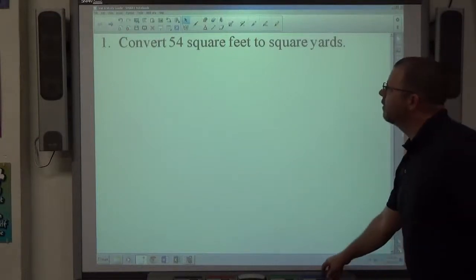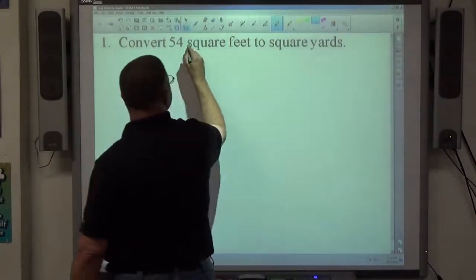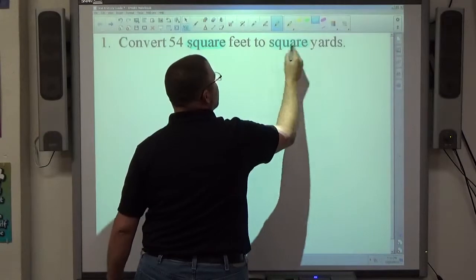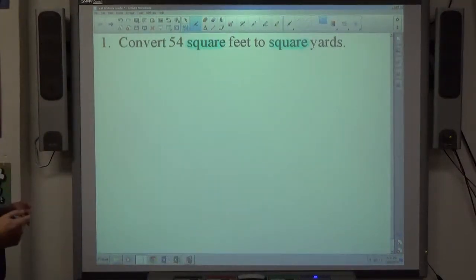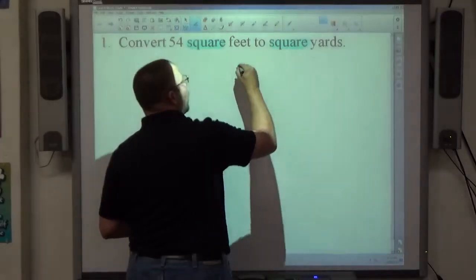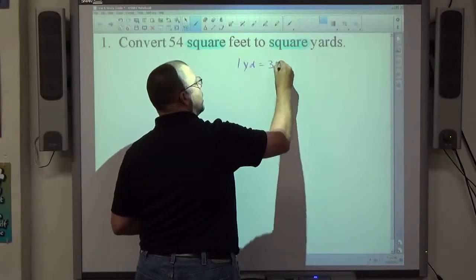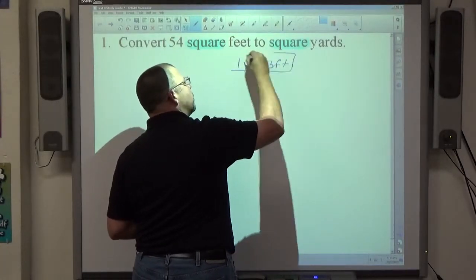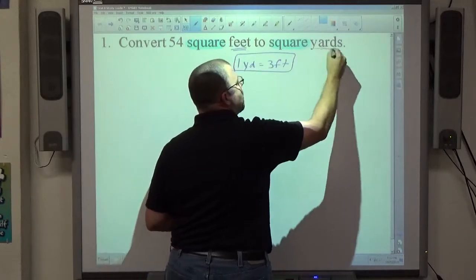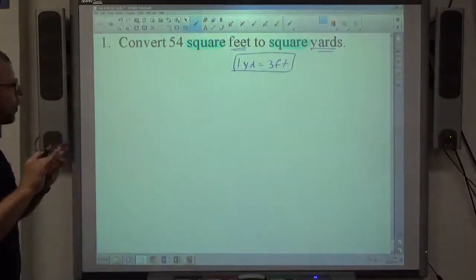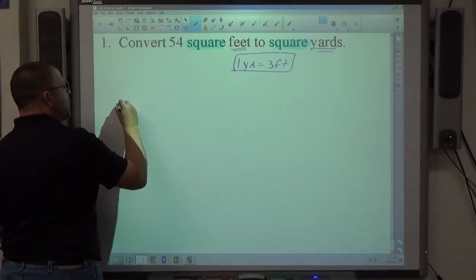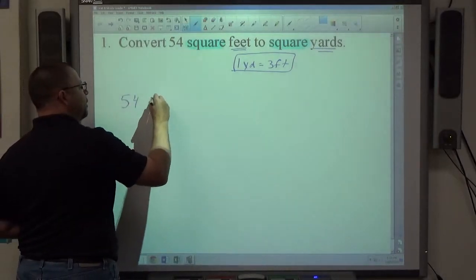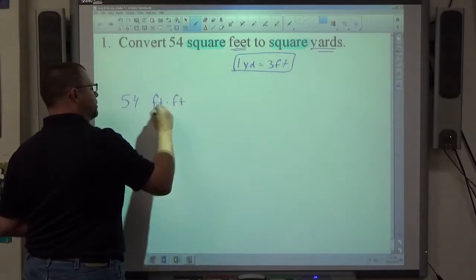Okay, problem 1, convert 54 square feet to square yards. So we have a conversion problem, the same kind of conversion problems we've had. I know that 1 yard is equal to 3 feet, so I have a direct route from the type of unit this is to the type of unit that is, but we don't have a square feet to square yards conversion factor. So if I look at 54 square feet as 54 feet